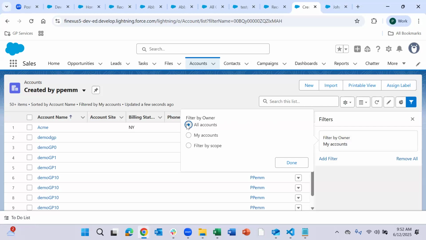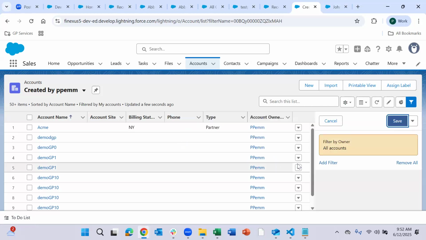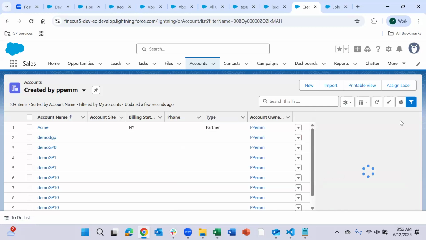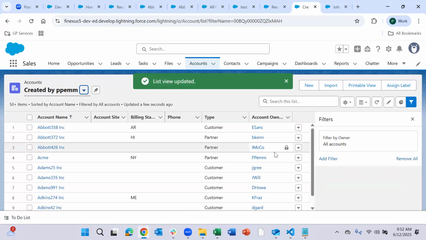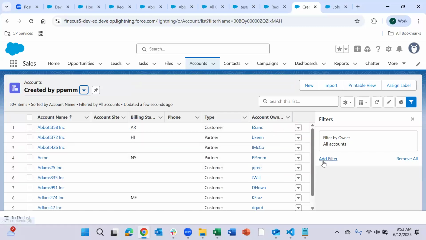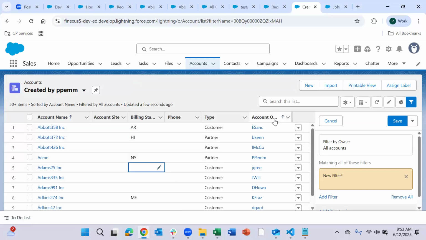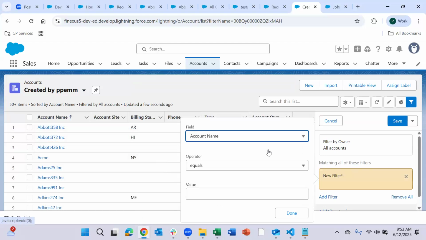Let me choose all accounts. Now I have chosen all accounts and then adding the filter. Let me click on save and you can see, now we got all the accounts here. Now I'll go and apply the filter. What is the field name? This is the account owner. Correct.